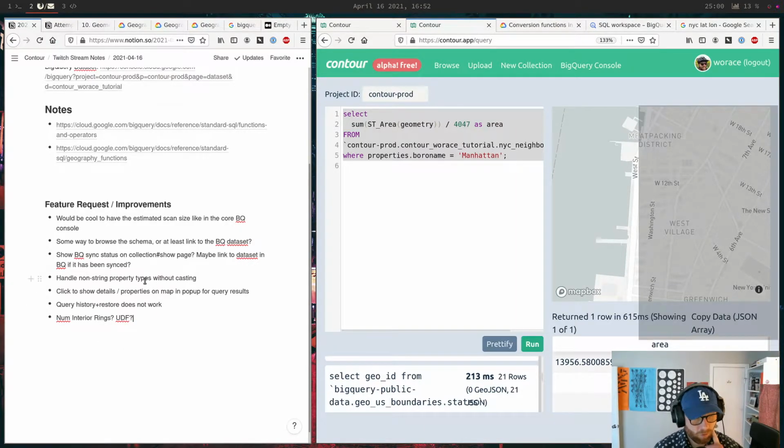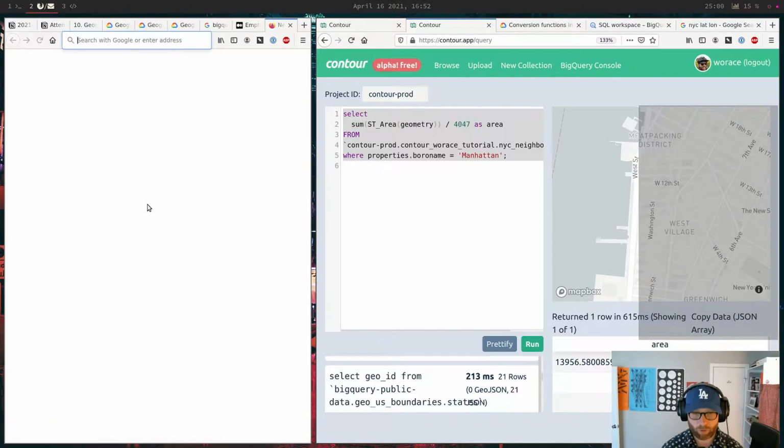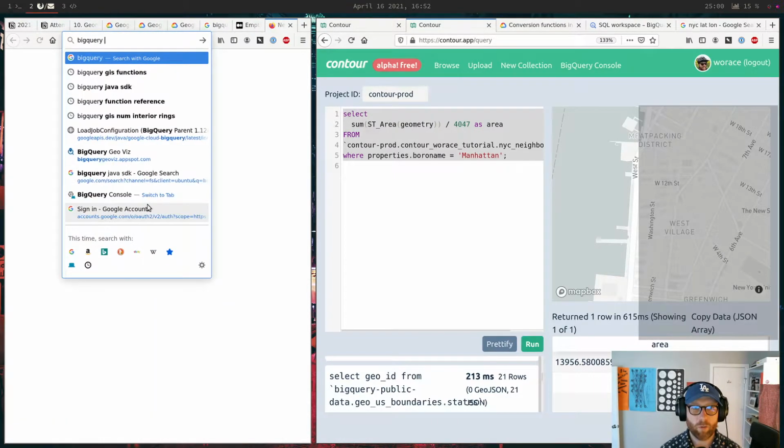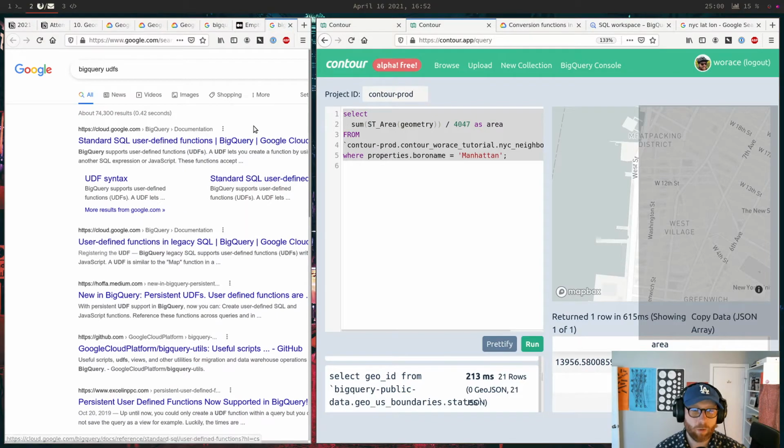I wonder, I know you can make UDFs in BigQuery, but I don't know anything about them. I think you can write them in JavaScript.